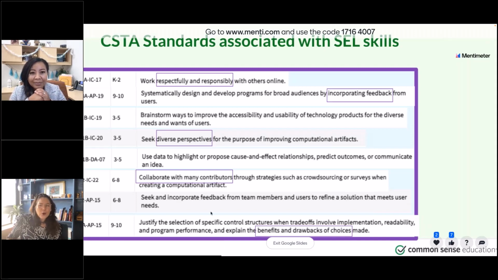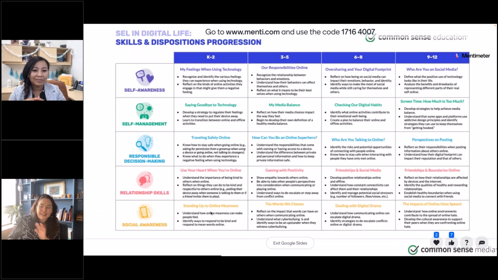Yeah. So it's not just a good to do, it is part of a standard is what I'm trying to point out here. It's not just a little part of the whole coding, as Abby said, coding, algorithms and programs, all that stuff, that's all great, but it has to come within a context. So I'm sharing here a skills and progression chart that Common Sense has, where each of these little boxes is a 15-minute lesson, and you see the objectives of this lesson.